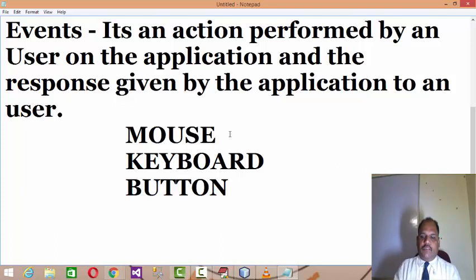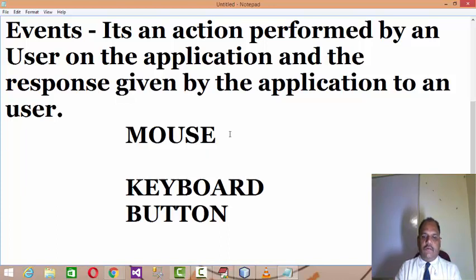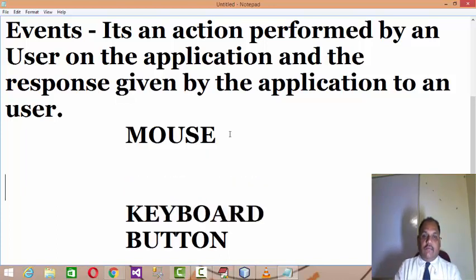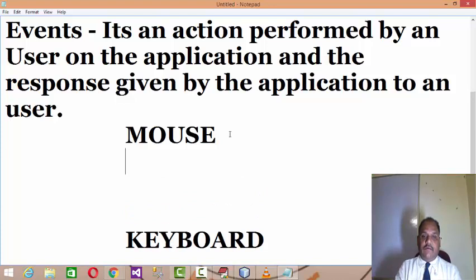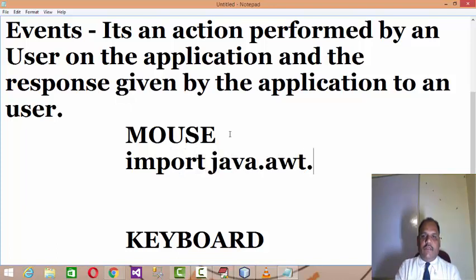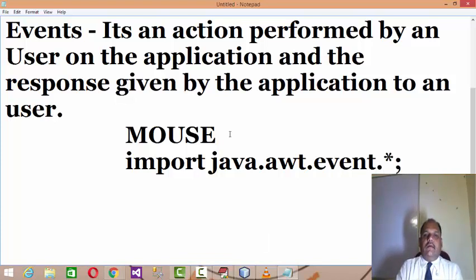Actually, to process the events fired by the user on the mouse, Java provides a package called java.awt.event.*, right?